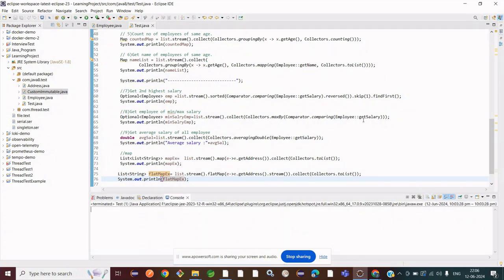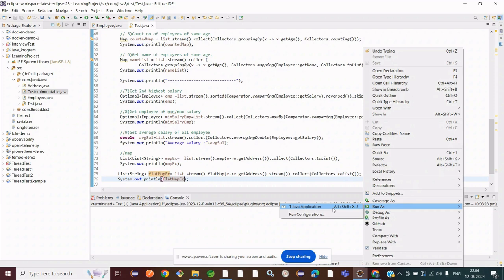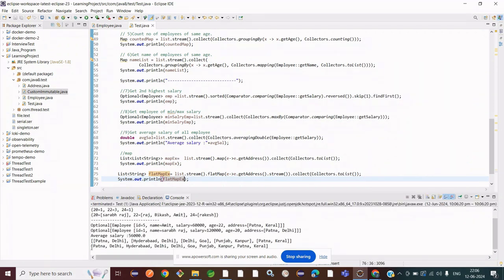So going to run again, run as Java application. Here we are getting the output of flat map, and this is the output of map. So what is the difference? We got all the addresses, permanent address and present address, in the form of a list of strings, like Patna, Delhi, Hyderabad, Delhi, Goa, Punjab, Kanpur, Patna. So we have flattened the previous one that we were producing with the help of map. So this is the advantage of flat map. We got everything in